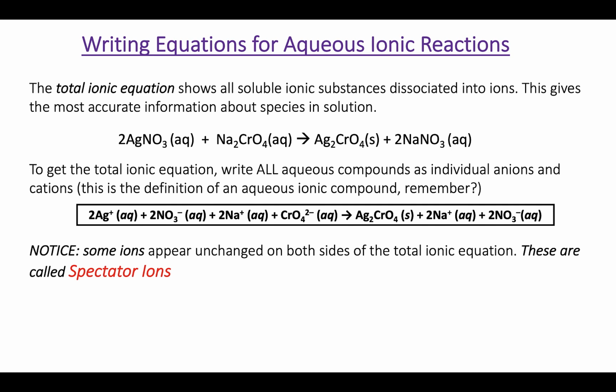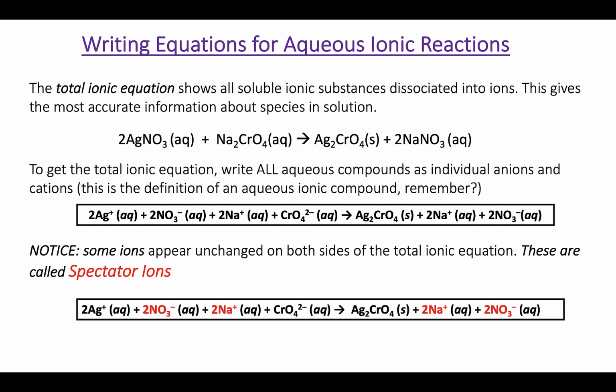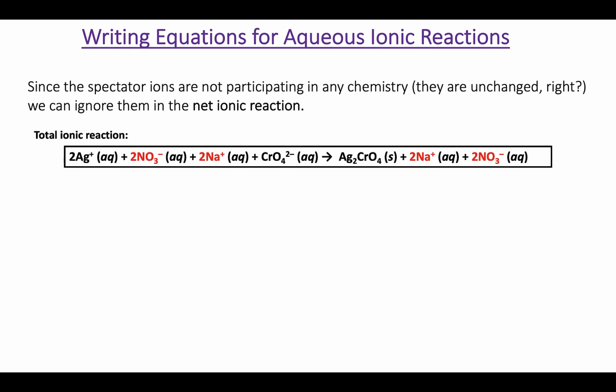And so we notice here that those ions are actually in the exact same state on both sides. And we call those the spectator ions, and we should highlight them, right? In the process of going to our net ionic reaction, you maybe want to circle them, underline them, but somehow note that these are your spectator ions, and note that they're actually not engaging in any chemistry at all. They're exactly the same on the reactant as the product side. So we're almost done, right? The only final step is that we want to show the reaction without those spectator ions,